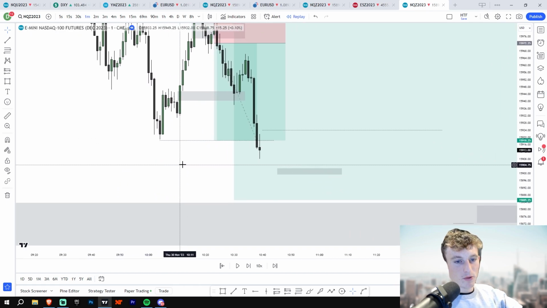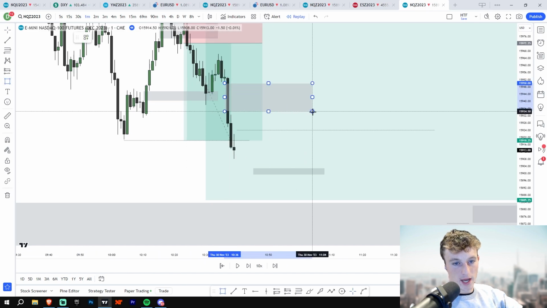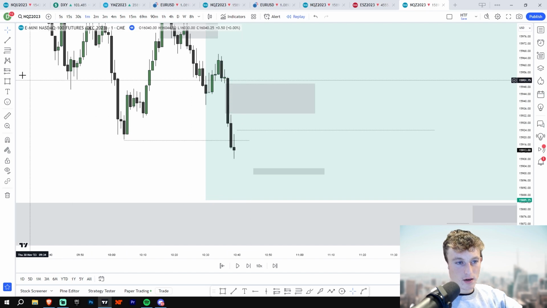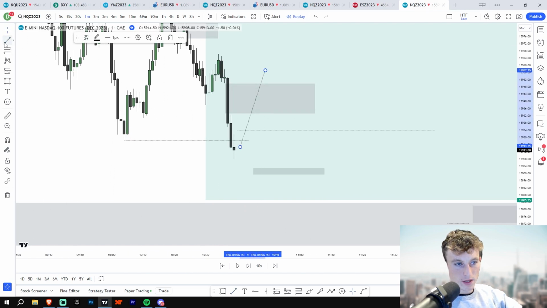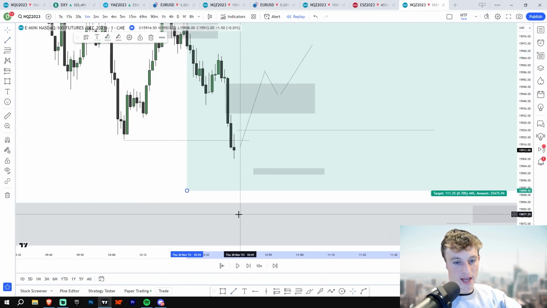So an example would be here. Let's say we got a long setup right here after sweeping low of day. And let's say we got the long setup here. We come back up here and we inverse this. Would this be as high probability as if we came down into the zone and then inverse this? No, this would be the lower probability trade, because all we hit here is low of day, versus right here,